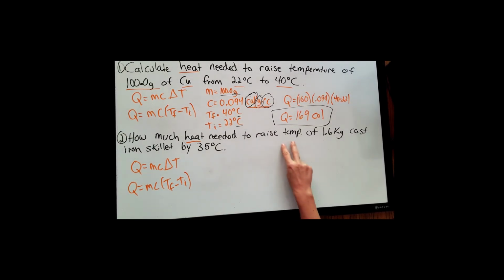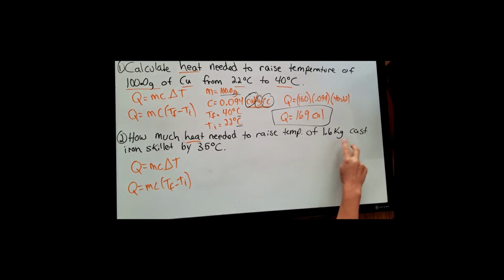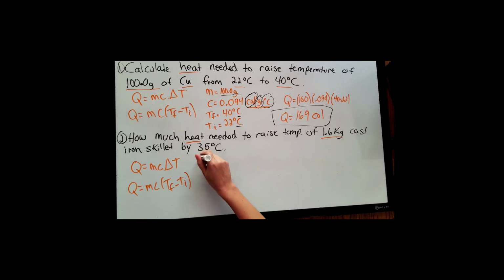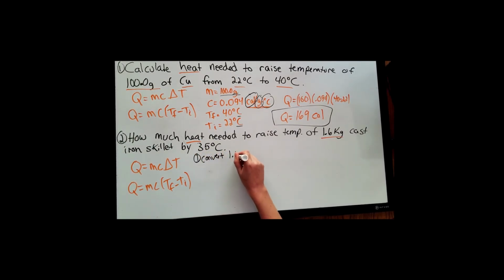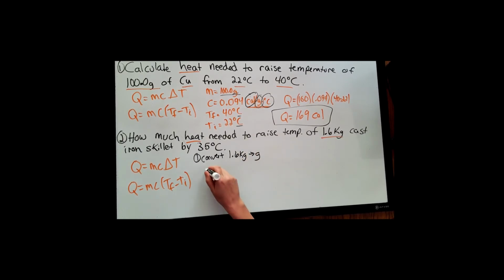This time we're raising the temperature of 1.6 kilograms of a cast iron skillet. Okay, so the kilograms is the mass, but remember, we don't want it in kilograms. We want it in grams. So my first step is going to be to convert 1.6 kilograms to grams. So it's a metric to metric conversion, so I can use that King Henry died drinking